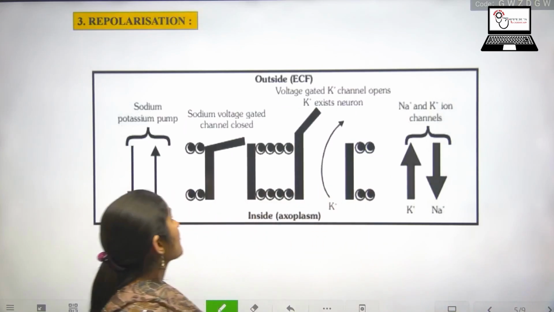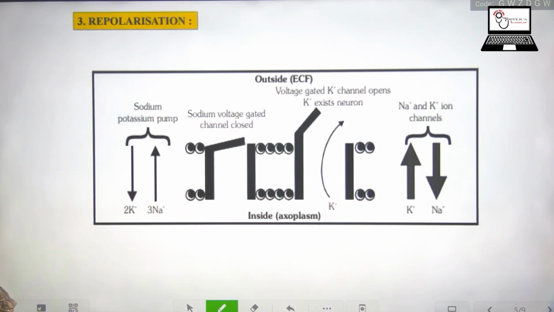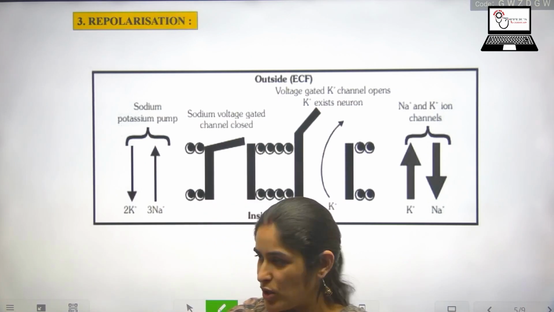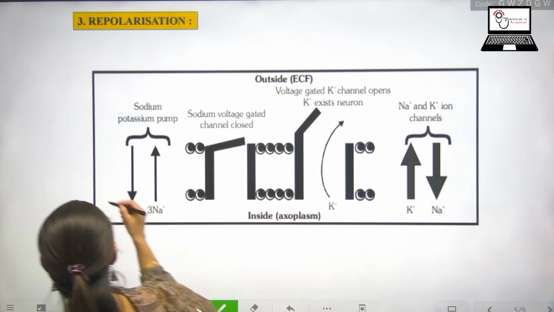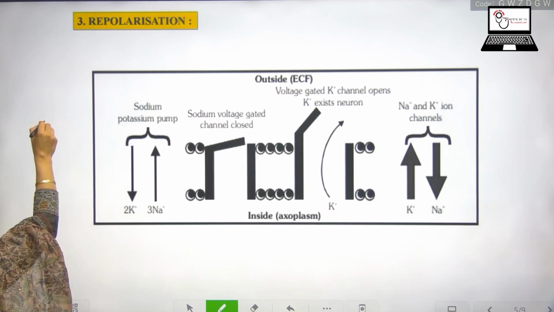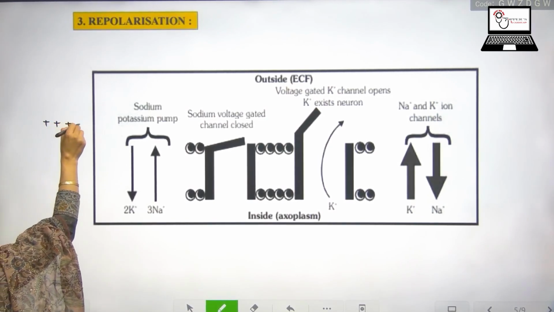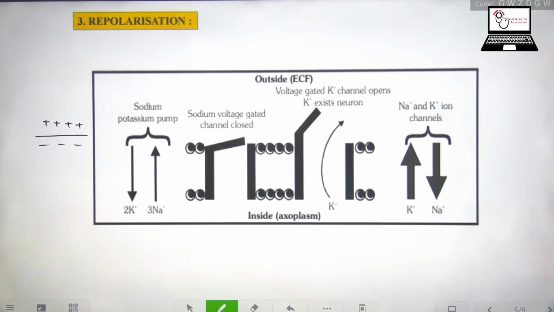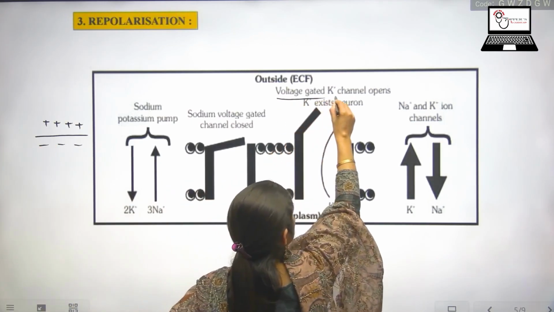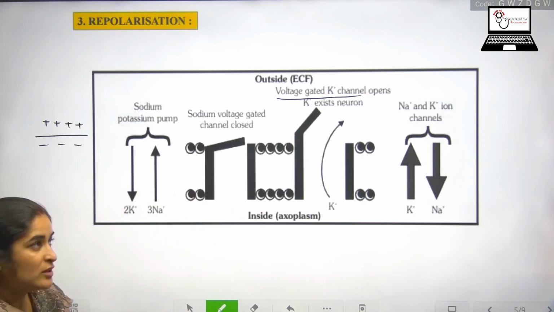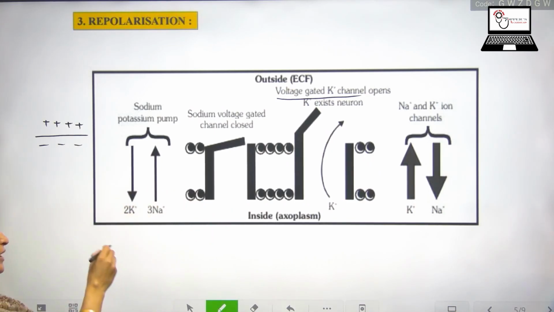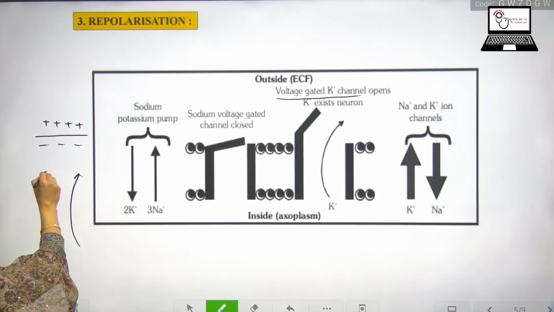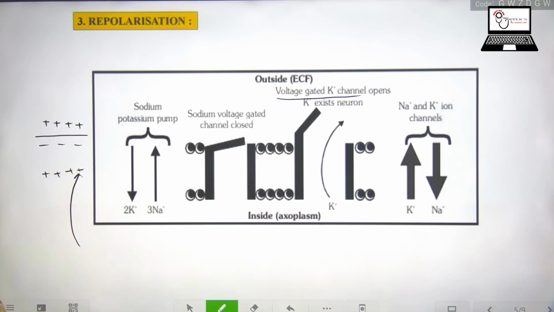Next, the third step is repolarization. Now the membrane is again repolarized. Repolarized means the outside of the membrane, as in the resting state, is positive and the inside is negative. Here also, in this repolarization stage, voltage-gated sodium channels open, potassium channels open, and potassium ions will move outside the membrane. It will provide more positive charge outside the membrane,